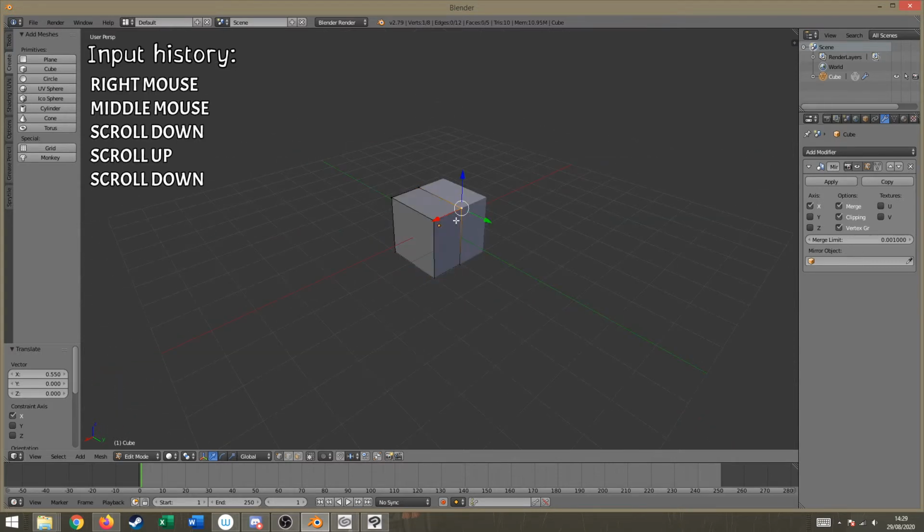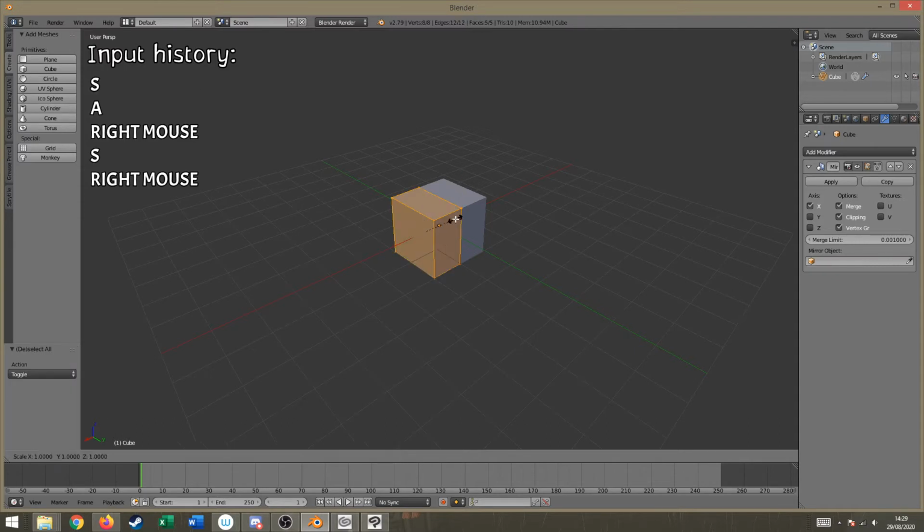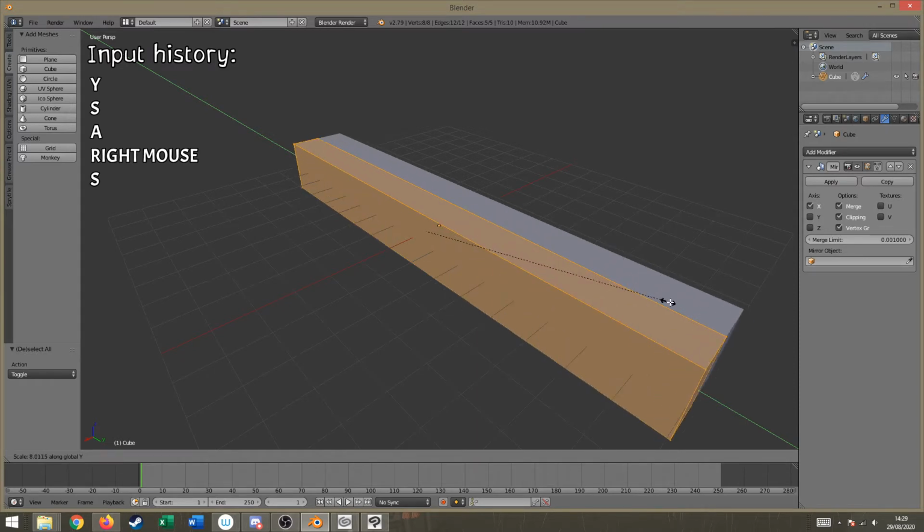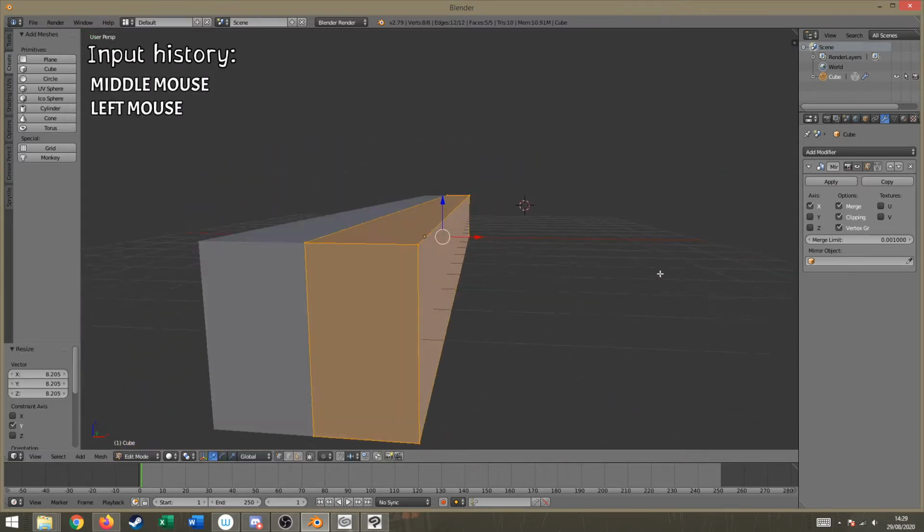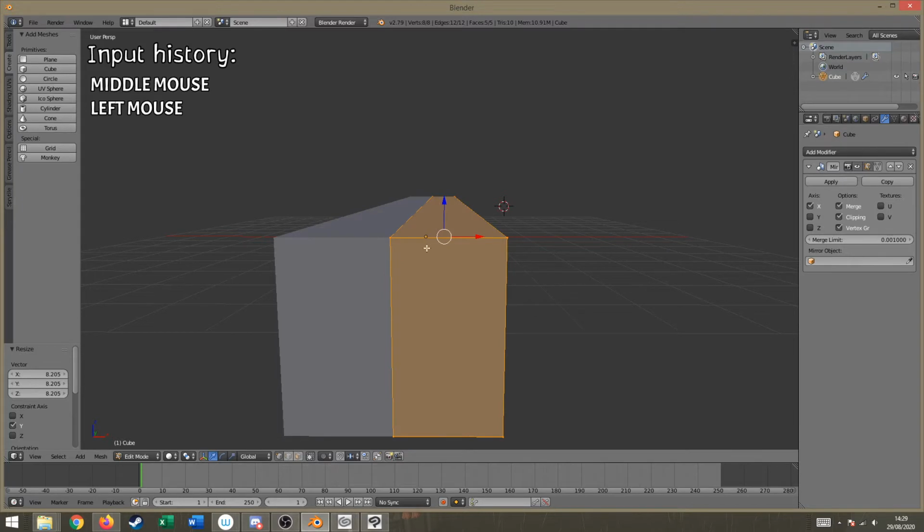So if I make this really long, so if I select all, scale it, and then lock it to the Y direction, and I look at the front, you can see this line here, which is close to the camera, is much longer than this line here, which is further away from the camera. But if I hit 5 and go into the orthogonal view,